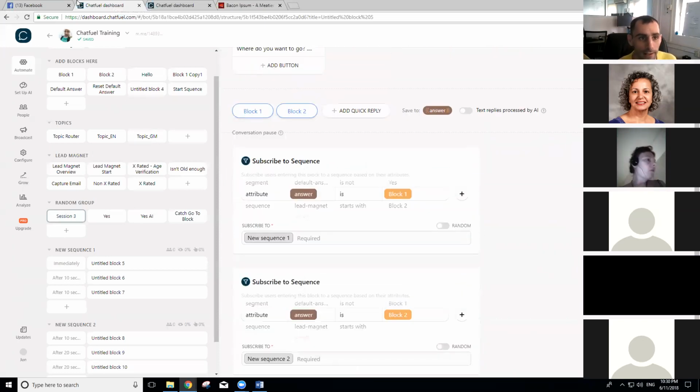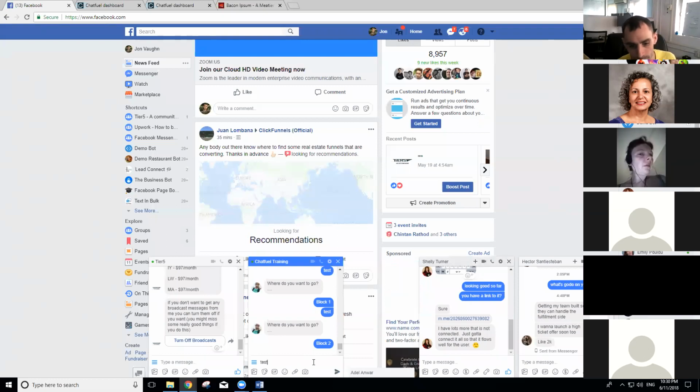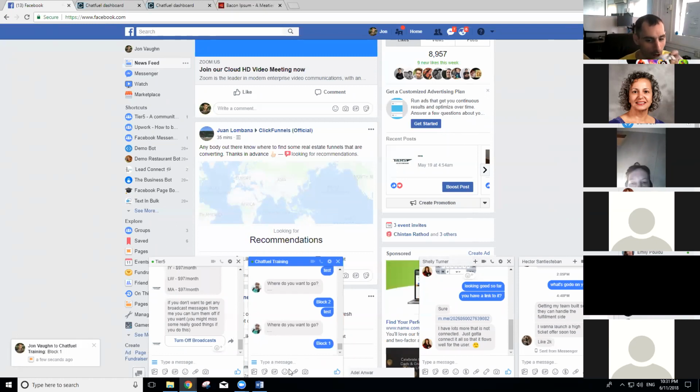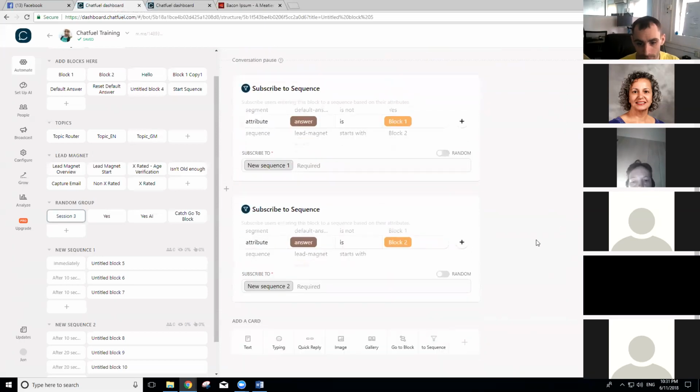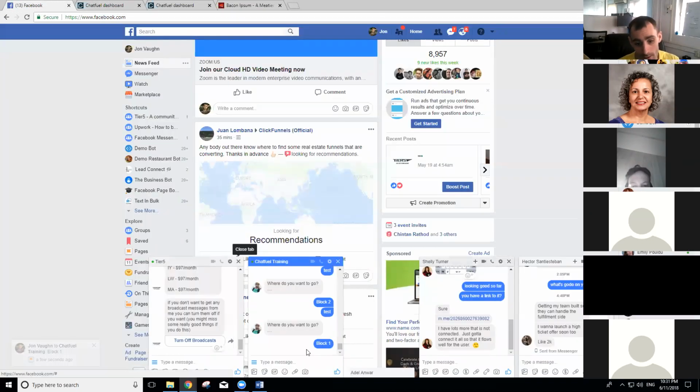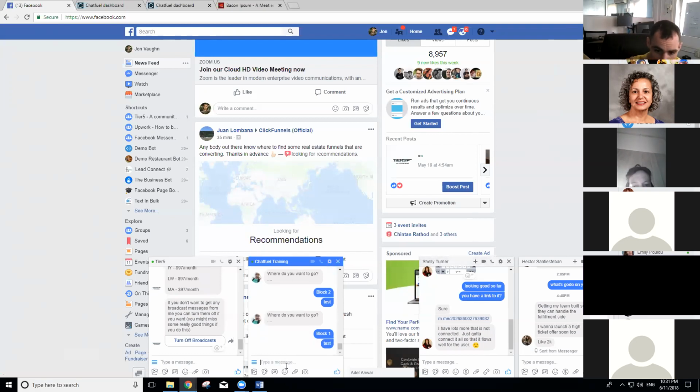All right, so let's try that again. Let's go back to block 1 and see if we can get into sequence 1. Well, we haven't got into sequence 1 yet. We should have got into sequence 1. Let's see about